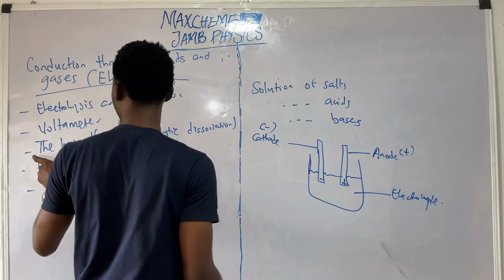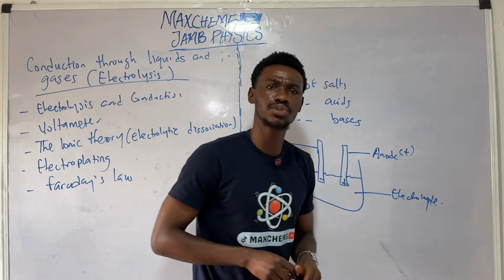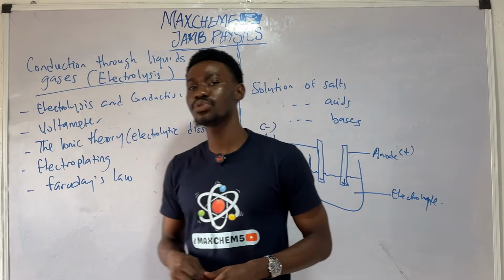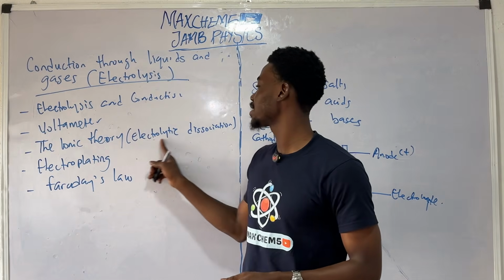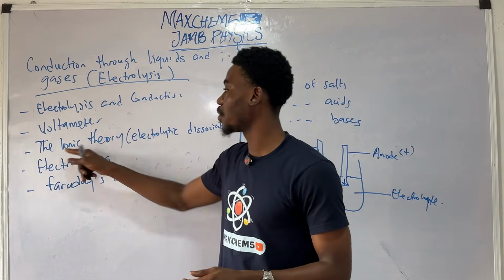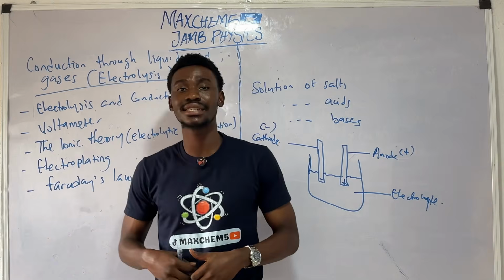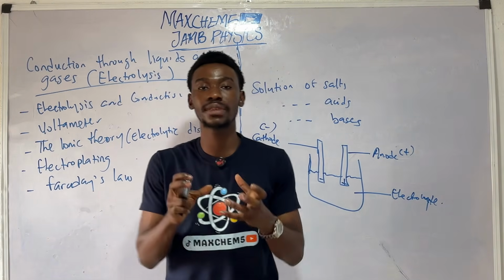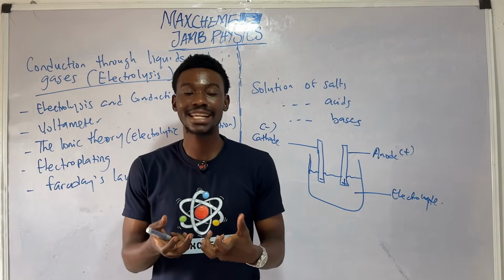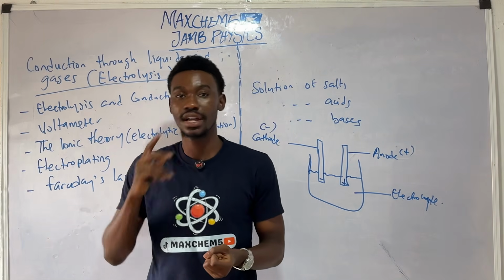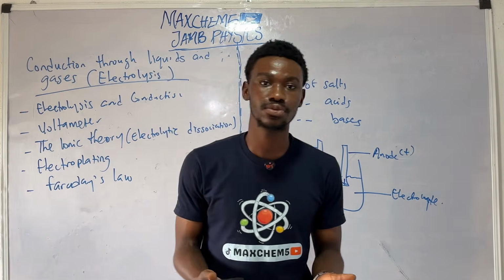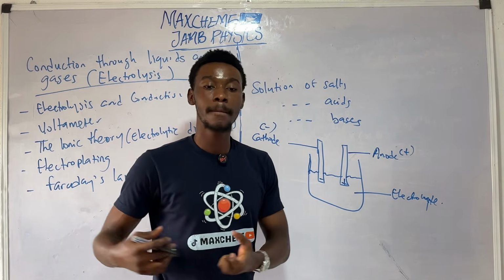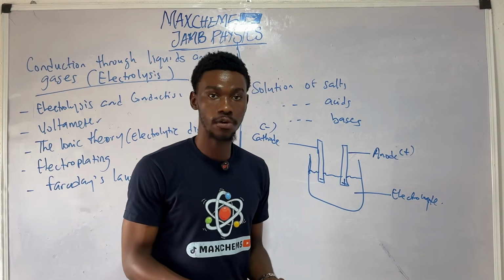So now let us discuss how a liquid can conduct electricity. The way a liquid conducts electricity, it uses something called electrolytic dissociation from the ionic theory. Now the ionic theory states that an electrolyte consists of something we call ions, and those ions are separated into two. These ions are charged particles, which means that they can permit the free flow of electricity.